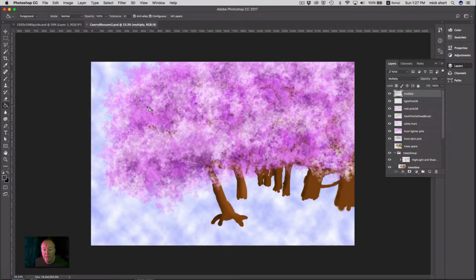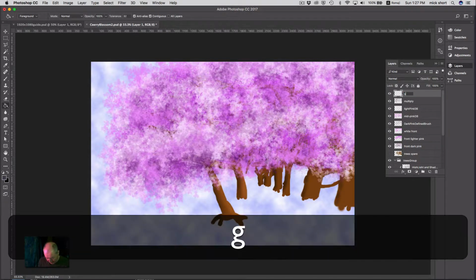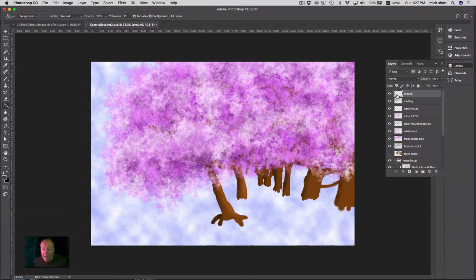Okay, so we've pretty much done our cherry blossom, and what we need to move on to is our ground below the trees. So just make a note of that. Okay, I'm going to use this very simple selection. We're using the polygon lasso tool, and we're just going to grab a selection around the area of the trees. This is where people would walk around, and there tends not to be a lot of undergrowth because the trees are blocking the light. So we'll just put that ground in like so,